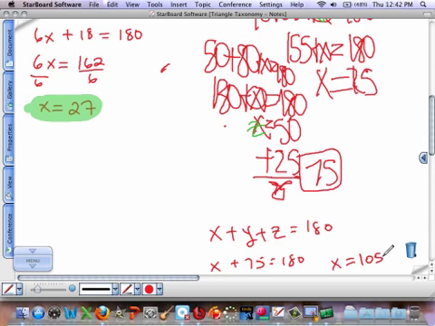105 is the correct answer. And I think I spoke wrong earlier. I think I said 75 was the right answer, but it should have been 105. Okay. Alyssa, you did a really great job going through the majority of that problem. Let's just write that last point there. Great job on that. All right, what we're going to do now is take a quick pause from